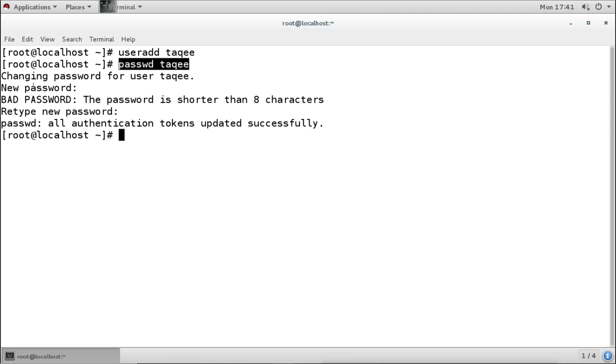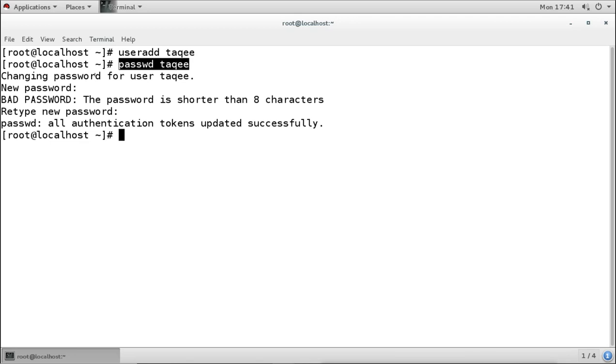When the user provides it, then they can change the password. Otherwise, somebody else can run the command to change the password for the user, so it is not secure. But for the root user, it will not ask for the current password.